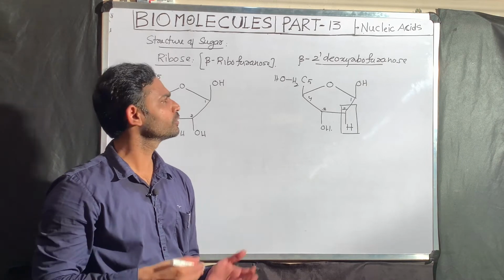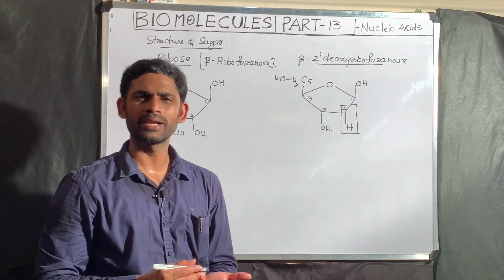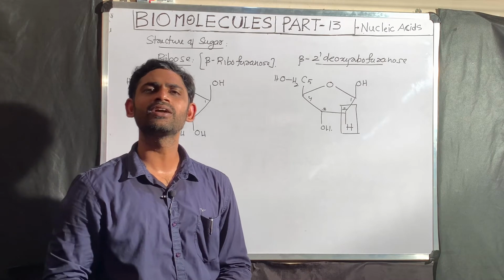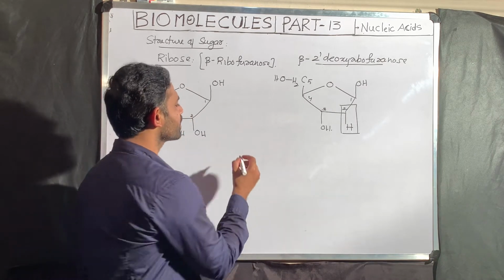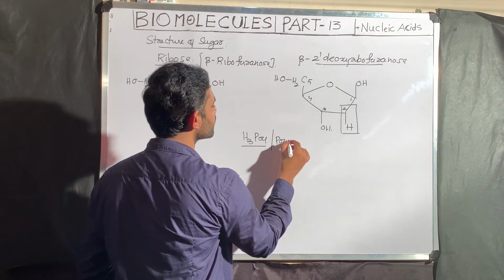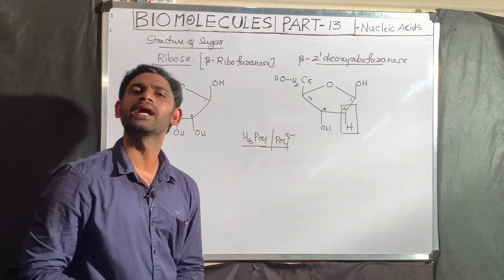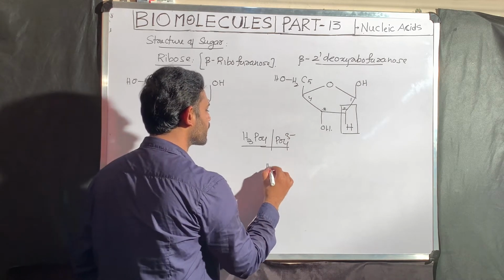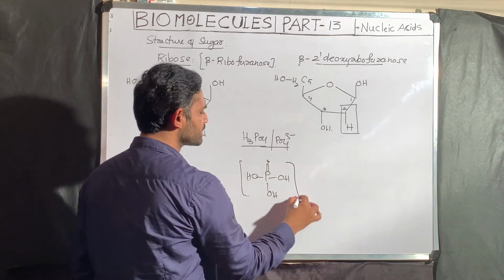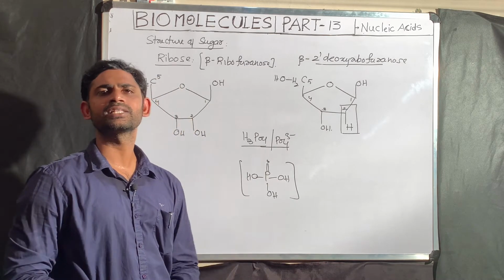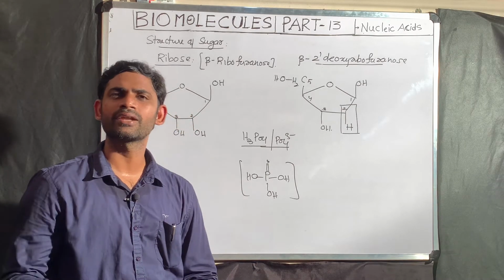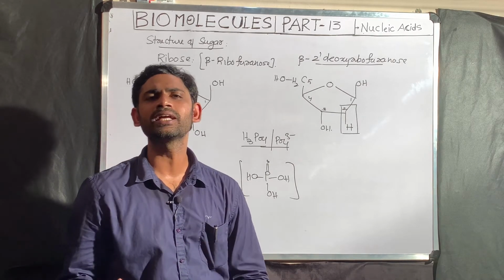So what have we understood till now? I explained the nitrogen base structures, then the sugar. For the synthesis or understanding of a nucleotide, what do we need? The last one is the phosphoric acid, that is H3PO4. Instead of that, you can understand it as a phosphate, PO4 3-. So for the time being, you can remember it like this. This is a phosphate. So these three, nitrogen bases, sugar and phosphate, are the three components of nucleotides. As we know, when nucleotides undergo polymerization, it results in the formation of nucleic acid.